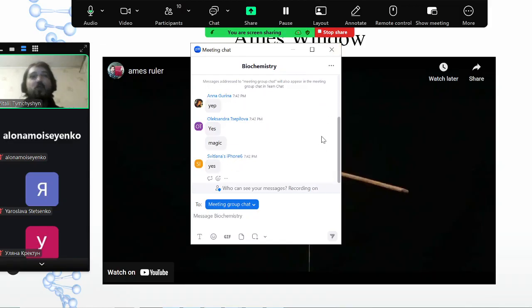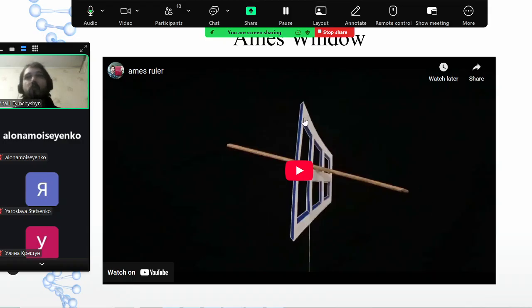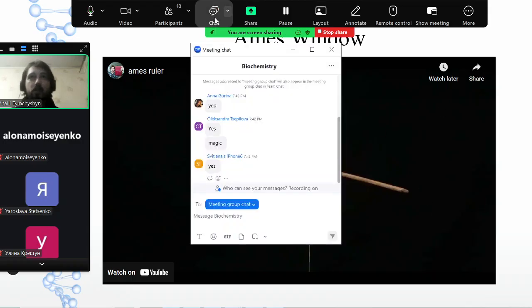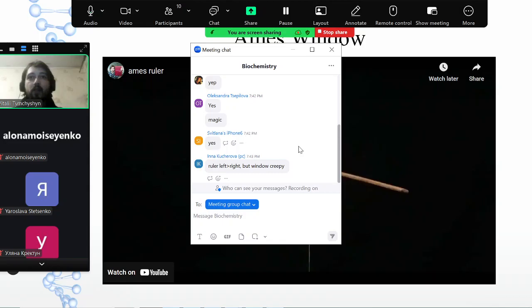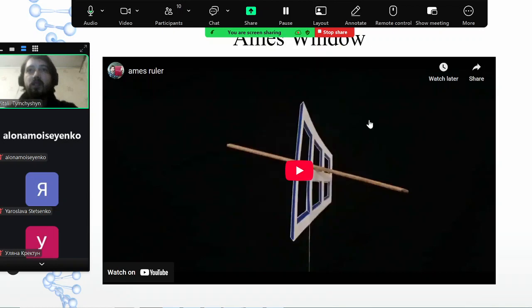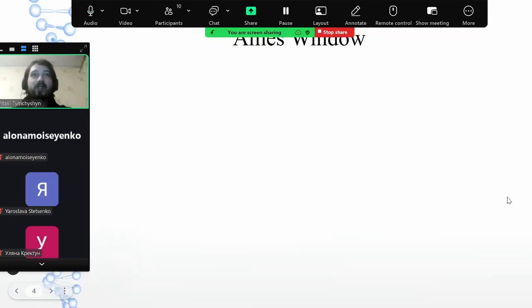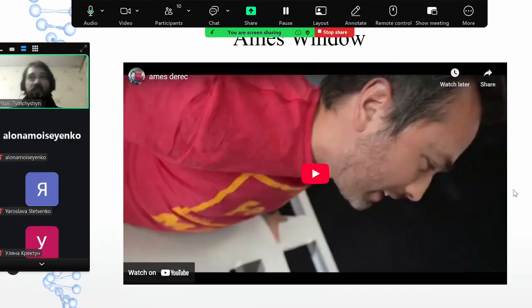Good. So you're more or less able to see this sort of effect, and that's basically the result of our brain reinterpreting this image in the context of the three-dimensional world. Yeah, that's absolutely correct. So it looks like they are rotating in different directions, and the ruler is passing through the window and so on. What's more interesting, we can escalate this. So let's make it even more strange.